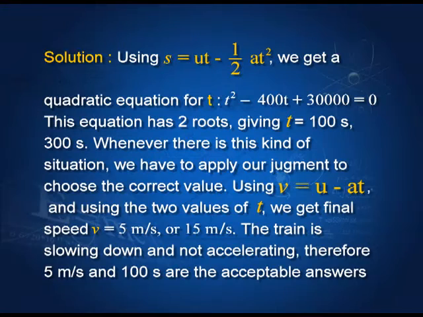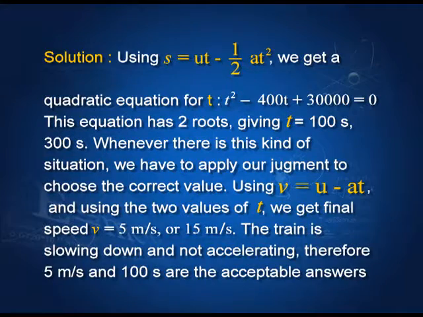We get both the values, and in one case we get v equal to 5 meters per second, in the other we get minus 5 meters per second. Since 5 meter per second seems to be the correct value, because the train is slowing down, it is not going in the opposite direction. Therefore, we choose t equal to 100 seconds. So, once we have chosen t equal to 100 seconds, then we can work out the other relations if required.